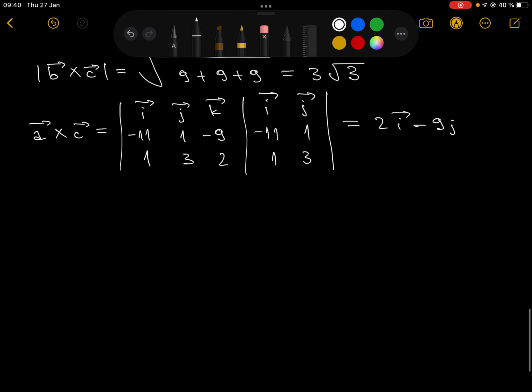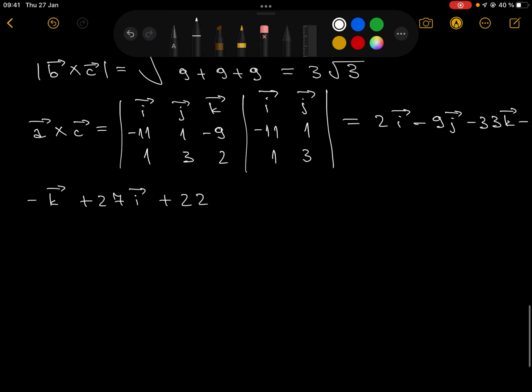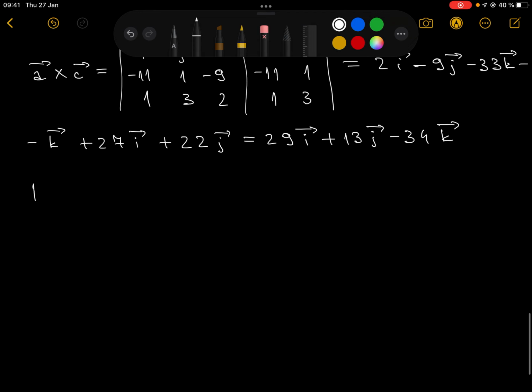2I minus 9J minus 33K minus K plus 27I plus 22J, which is equal to 29I plus 13J minus 34K, and the intensity of A times C is equal to the square root of